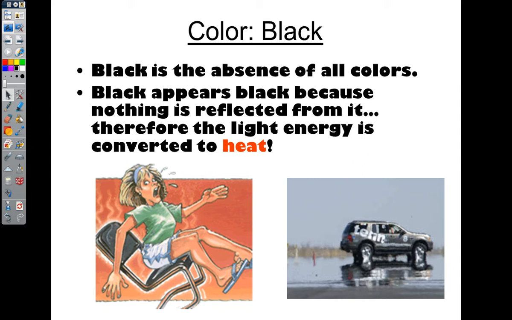So if it was white, they would be. If the ground was white, yes. But at a certain point, it won't matter because this ground will still heat up to a certain temperature. It just won't be as dramatic. Which is interesting because if you think about white versus black,